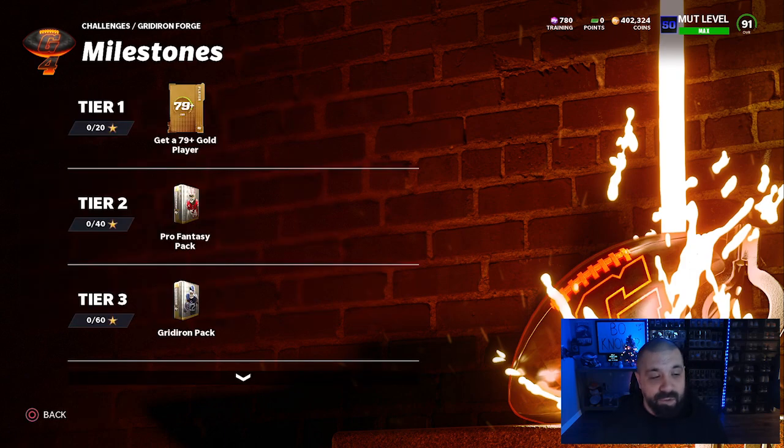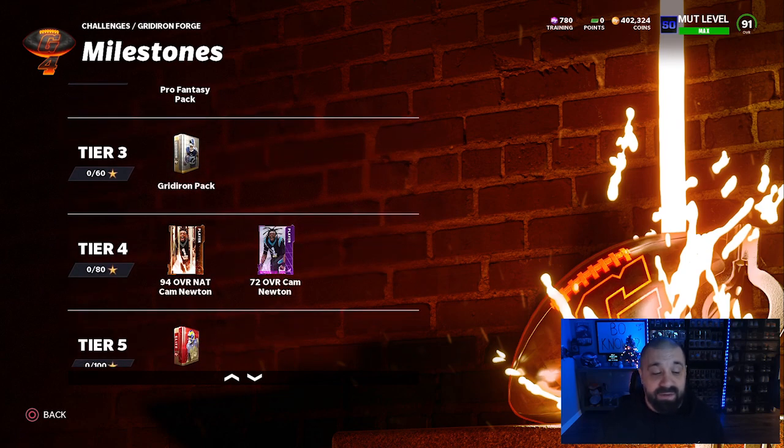But here are the milestone rewards, pretty similar to every other Gridiron Forge. At Tier 1, 20 stars, you're going to get a 79 plus gold player pack. At Tier 2, you're going to get a Pro Fantasy pack, and that's 40 stars. At Tier 3, which is 60 stars, you get a Gridiron pack. And then at Tier 4, 80 stars, this is where you're going to get that 94 overall Cam Newton plus